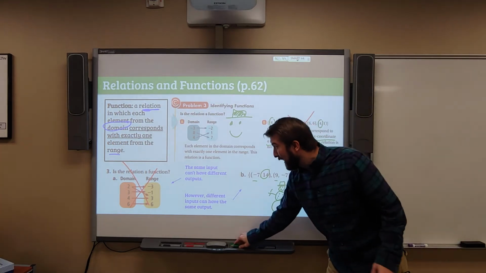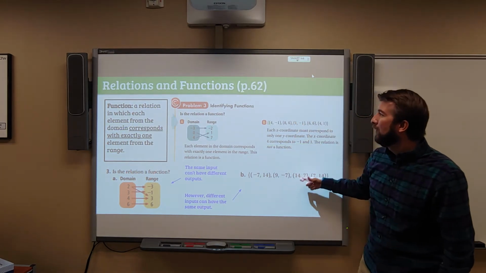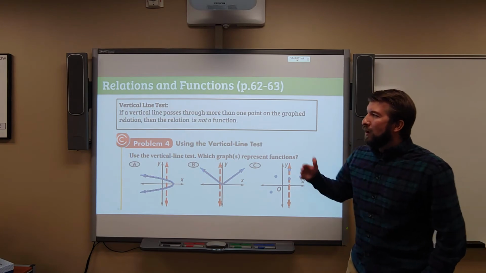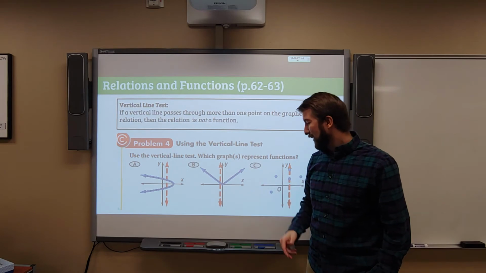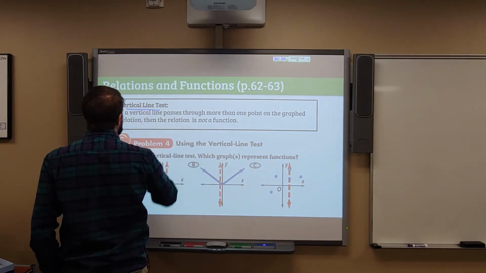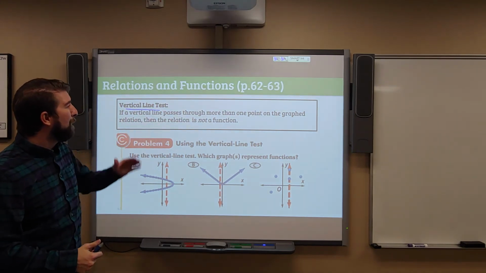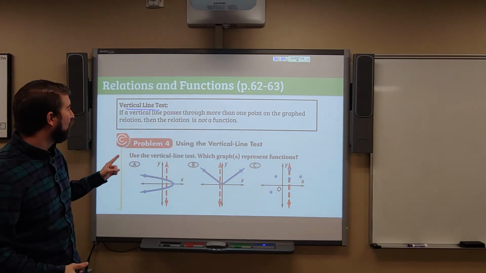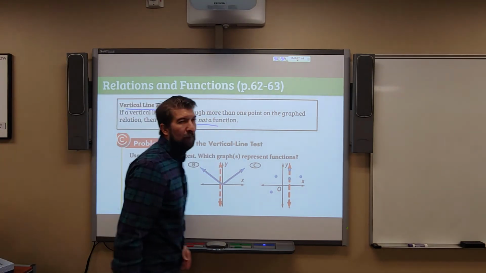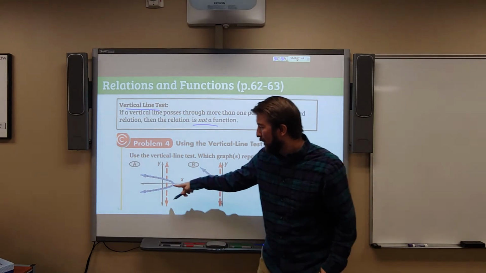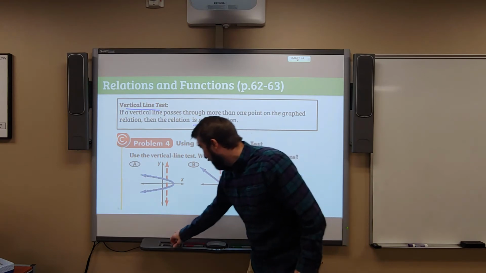All right. So that is finding functions within relations. A quick way to figure out if something is a function, if it's in graph form, is what's called the vertical line test. A vertical line is going up and down. It says if a vertical line passes through more than one point on the graph relation, then that is not a function. So right here, notice they draw their line and it hits